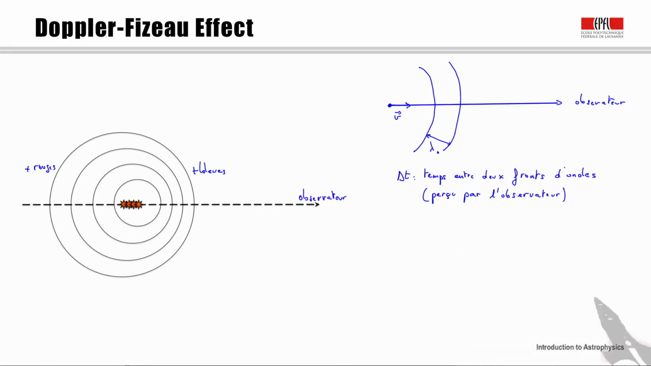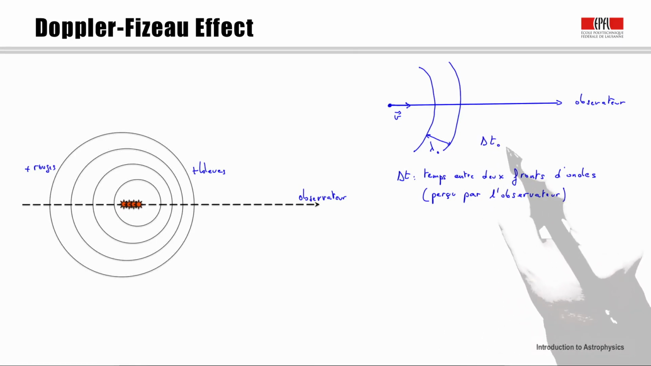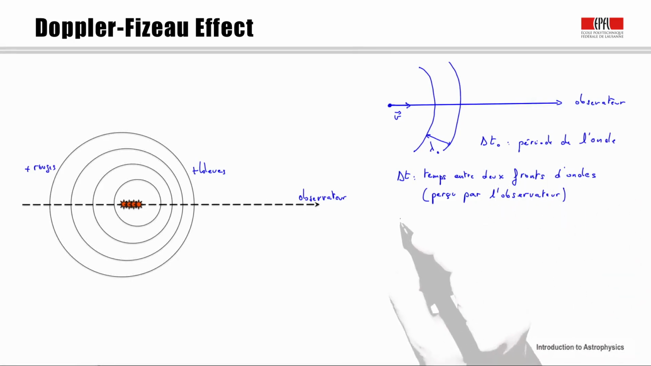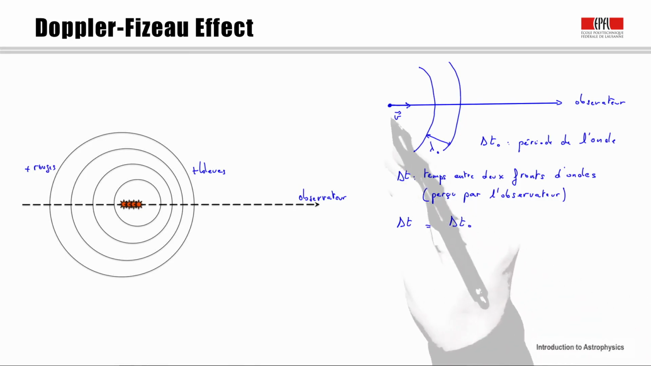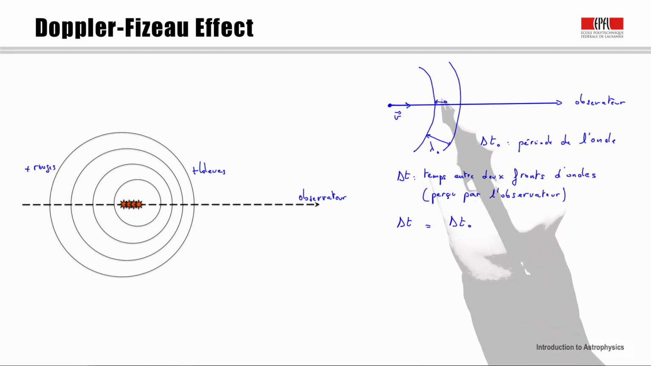Obviously, if the source is at rest, delta t is equal to delta t0, which is also the period of the wave. We can say that delta t0 is the period of the wave at rest. The relation between those two time intervals is delta t equals delta t0 if nothing moves. But if the source is not at rest, during the time delta t0 it will move a given distance, delta x,